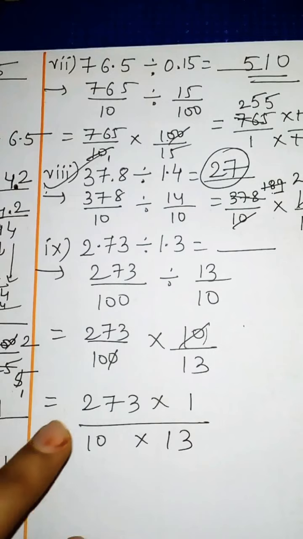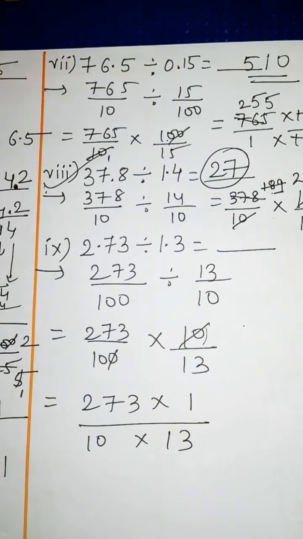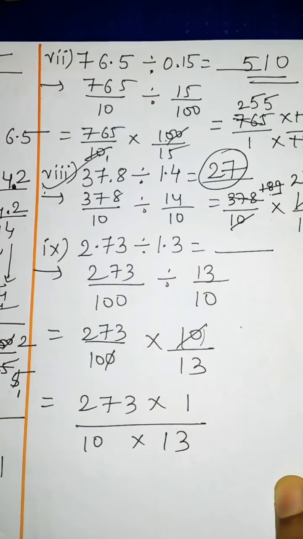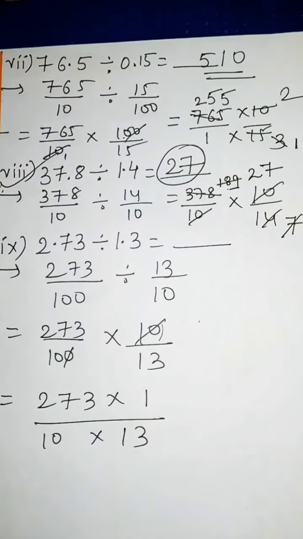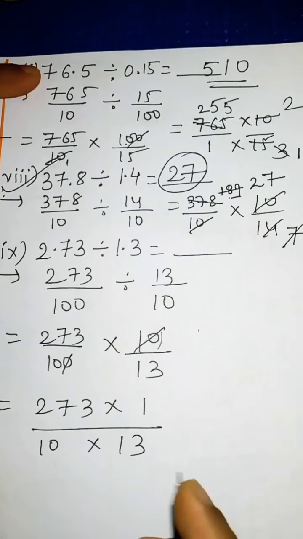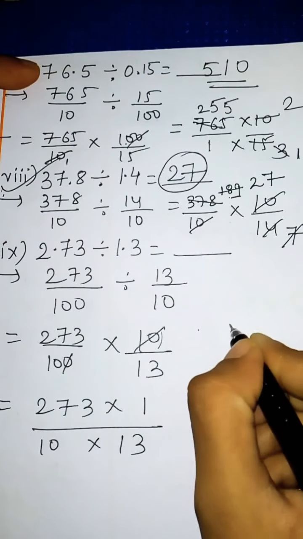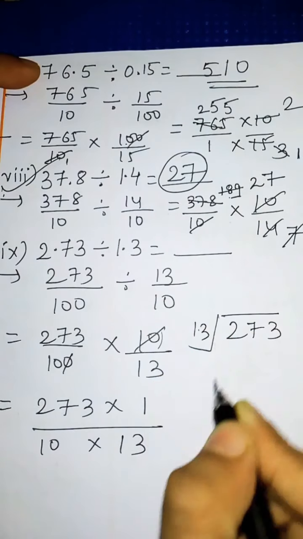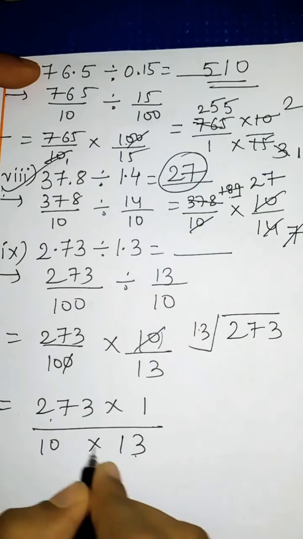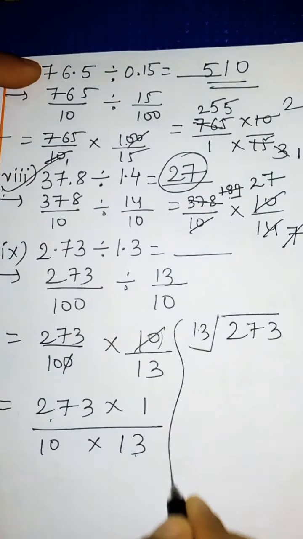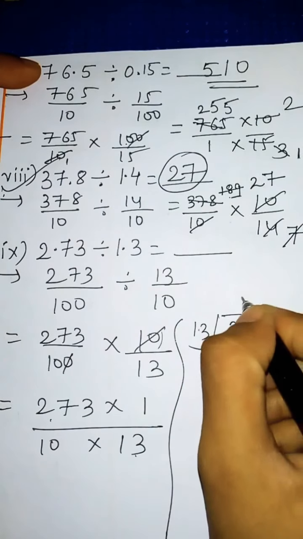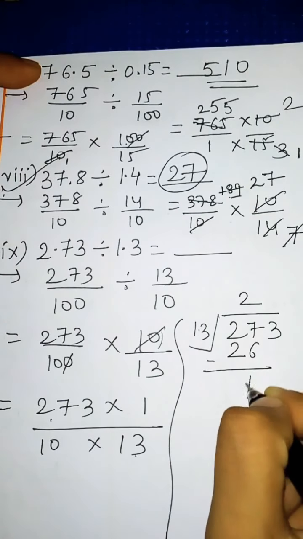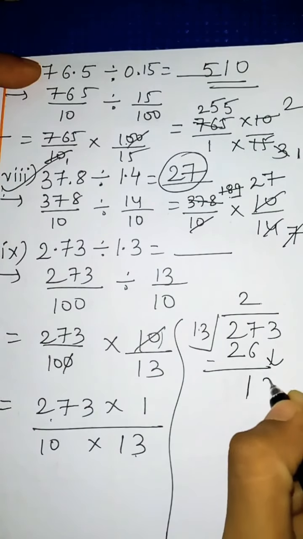Now with the table of 13 we have to divide 273. So in the table of 13, when will 273 come? That you need to think. So cancellation we need to do with the table of 13. You can divide on the side. We have to cancel this 13 and 273, so we will divide it on the side. 13 1s are 13, 13 2s are 26. So 1 left, 7 minus 6 is 1 and 2 minus 2 is 0. This 3 we will bring down.